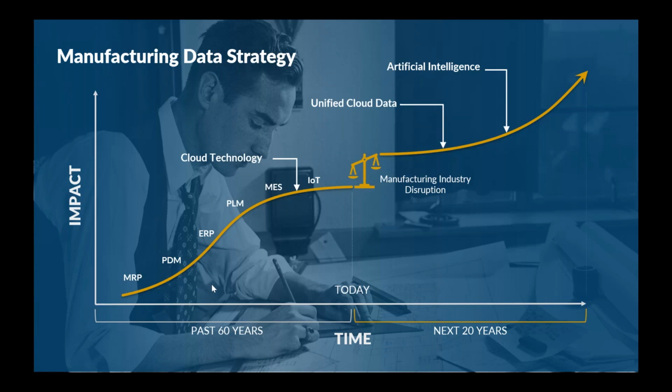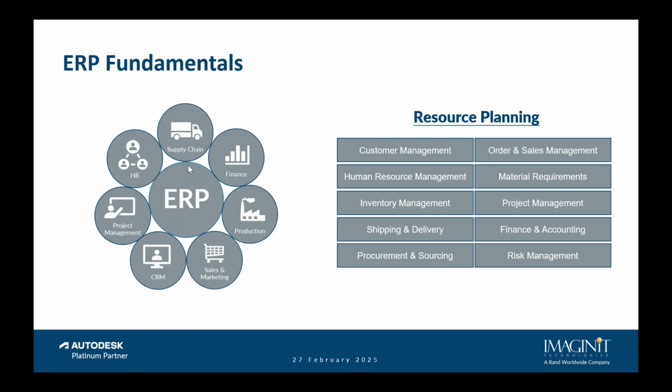Where I like to start is talking about ERP, because most people are familiar with it. It's really a backbone of modern business operations, which integrates multiple functions into a single system, like supply chain, HR, finance, production, sales and marketing, customer relationship management, and project management. So this, at its core, serves as a centralized system that connects business processes. And if we start to break down major areas, looking over here on the right of the screen,